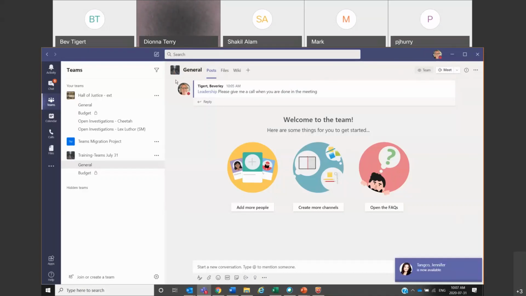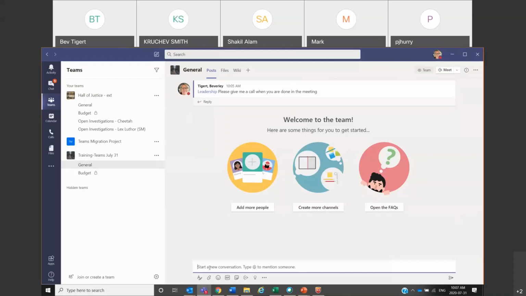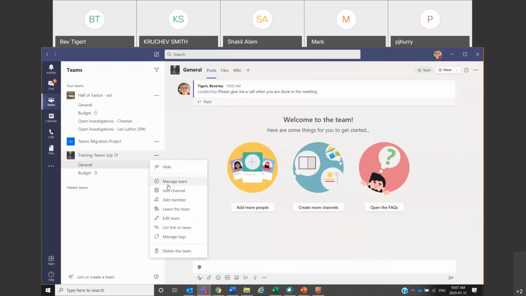Do you know if the tags are case sensitive? Sorry, say that again. Is it case sensitive? If I type the tag as capital DJ, using caps, but then when I type it in the conversation it is lowercase. Are you in the general tab when you're doing that? Yes. So it doesn't matter if it's capital or not. If you're in the general tab and you're going @DJ and that's your tag, it should work.